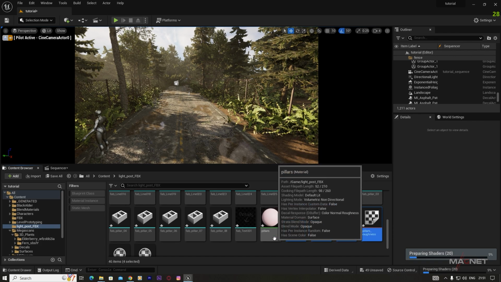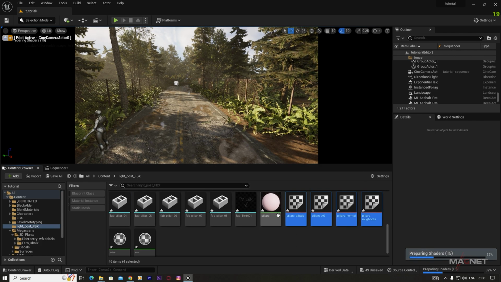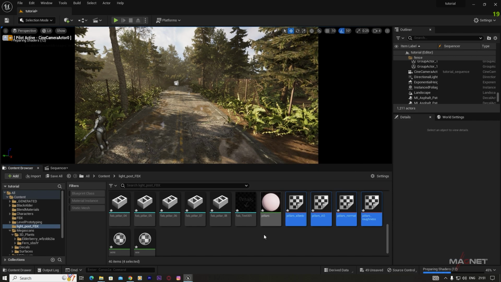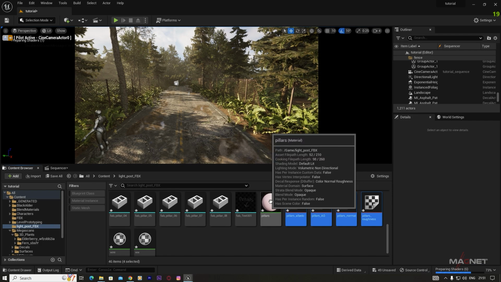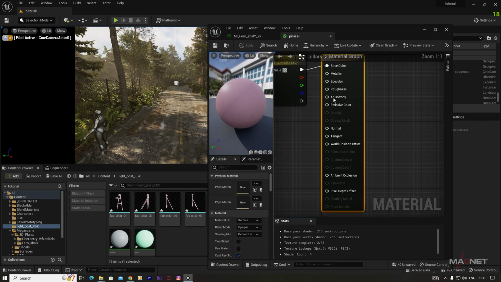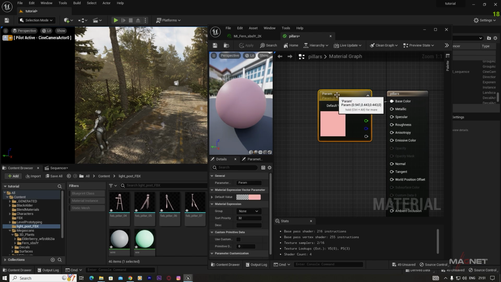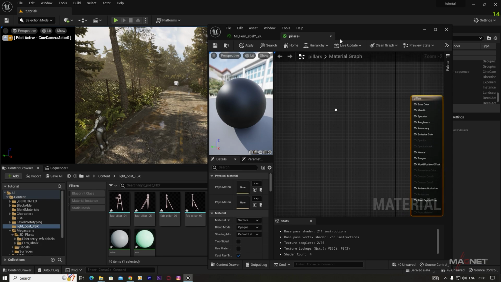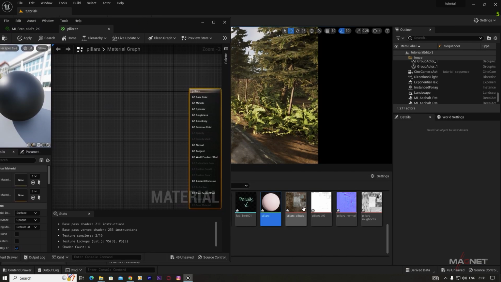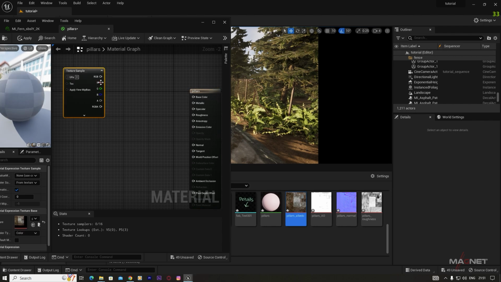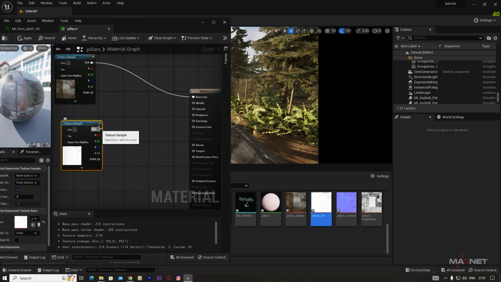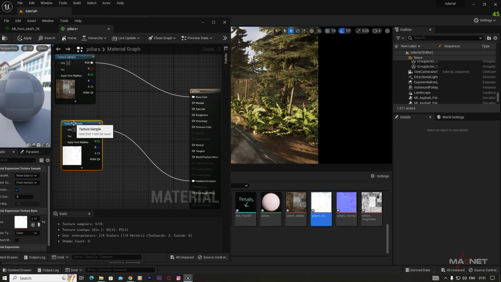And now we're going to apply those textures to this material. So first we're going to open these pillars here. It is the material here, so we just double click to open this material over here, and then we delete this default texture color here, and first we bring this albedo texture. So we just bring it over here, then we connect it to base color, and then also we bring this ambient occlusion here and connect it to this ambient occlusion,